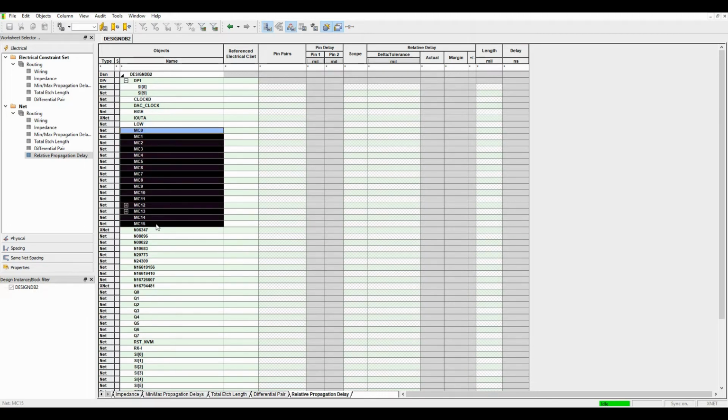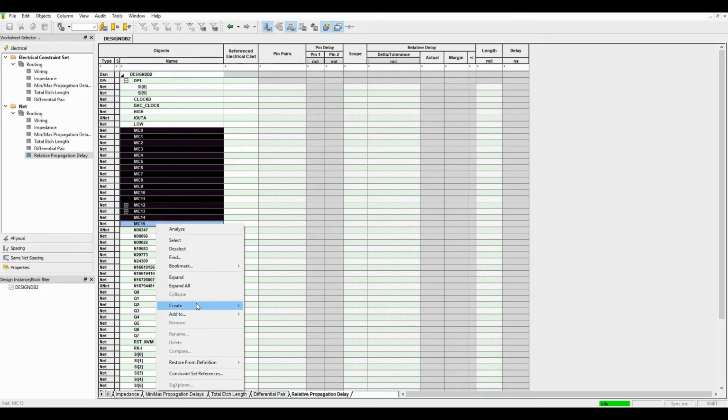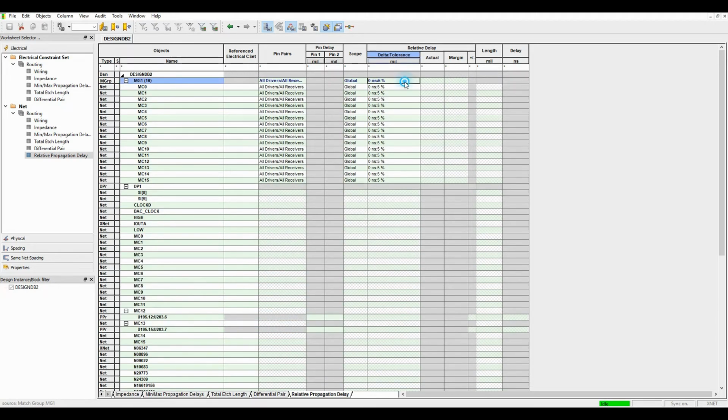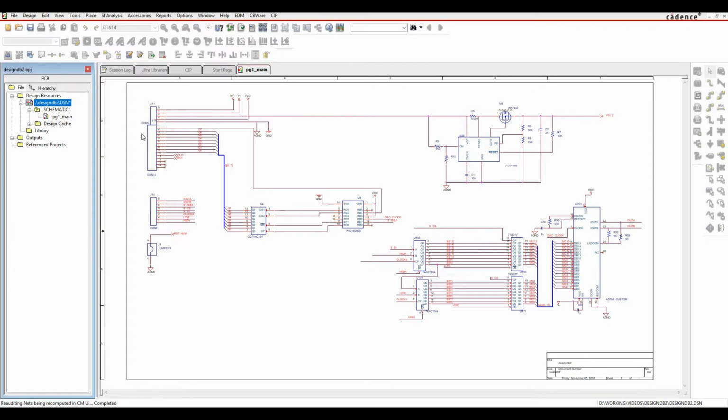I'll create a match group of these. So we'll just create a match group. Match group 1's fine. I'm just going to specify a value of no delta, but a tolerance of 25 mils. So once I'm finished making the changes to Constraint Manager, then what I can do is effectively then